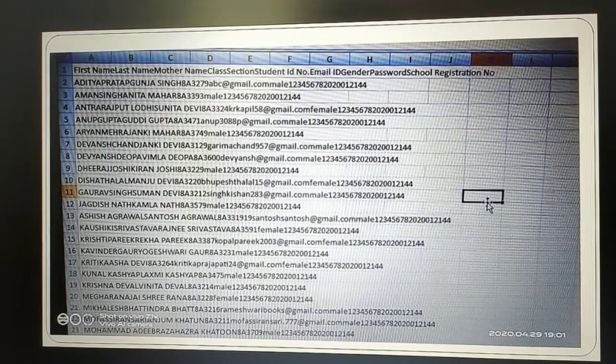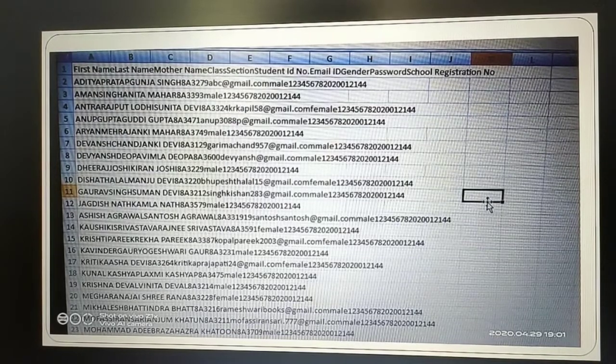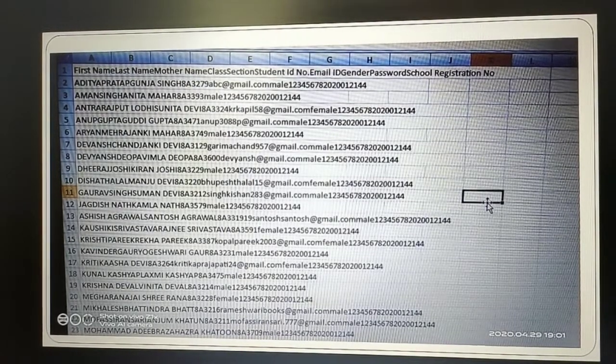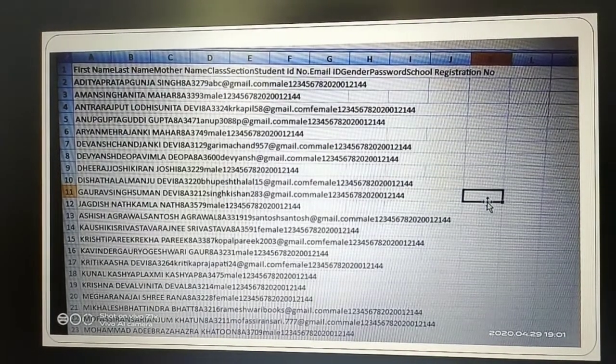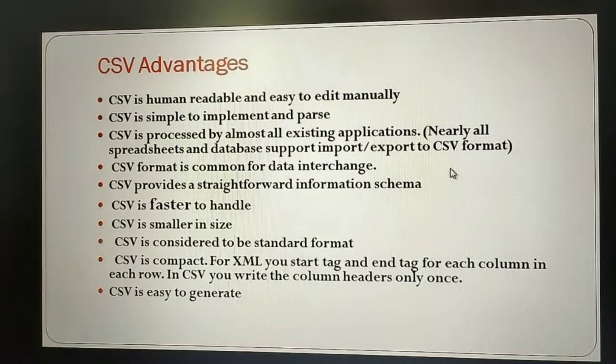You can easily handle a CSV file in Pandas, because you know that Pandas DataFrames and Series store data in table format, and this is also a format for storing data in table format. This is the row and this is the column. So this is very useful for us.